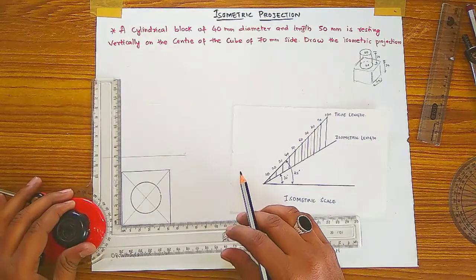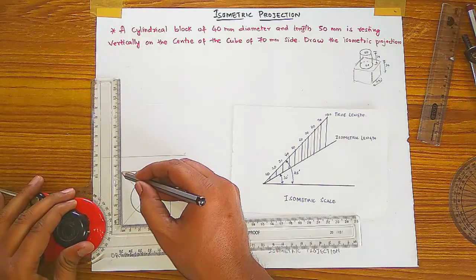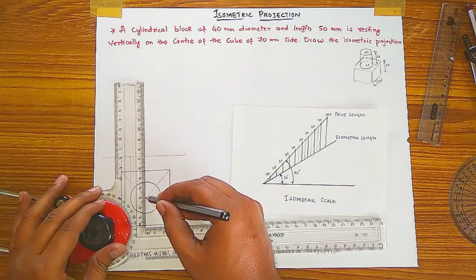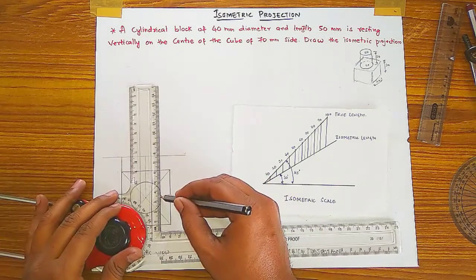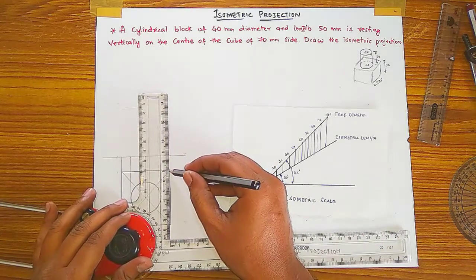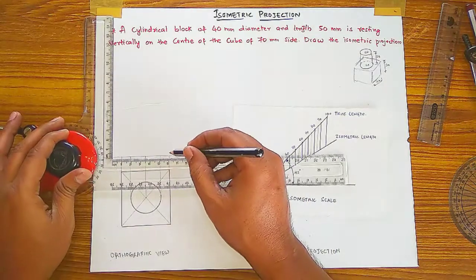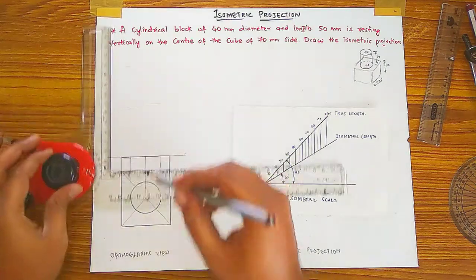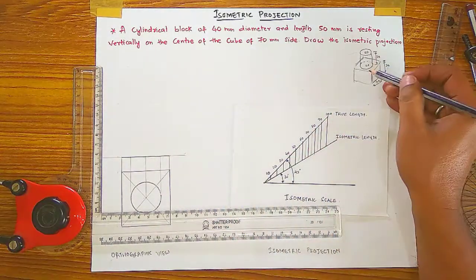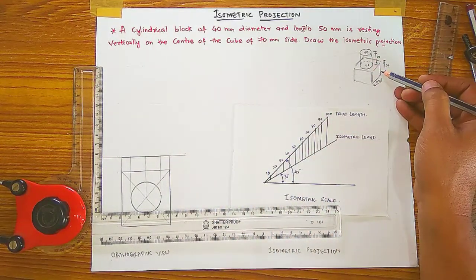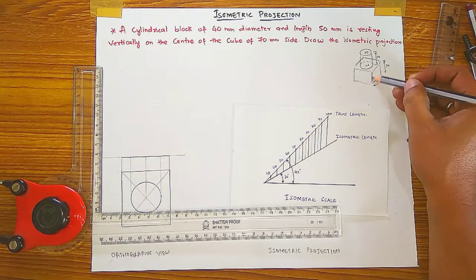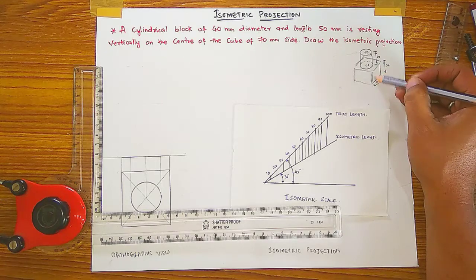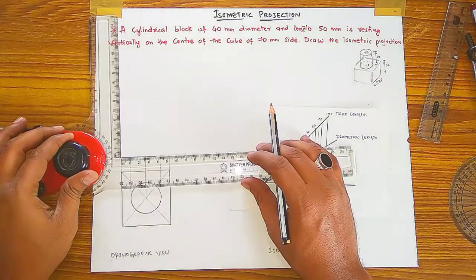Then you have to draw the projection lines till this XY line or reference line like this. The remaining lines you get, you have to make dark. Now here you have to draw the front view. So you have to see this figure from the front. If you see this figure from the front, the cube section is visible as a square shape of 70 by 70. So you have to draw 70 each.